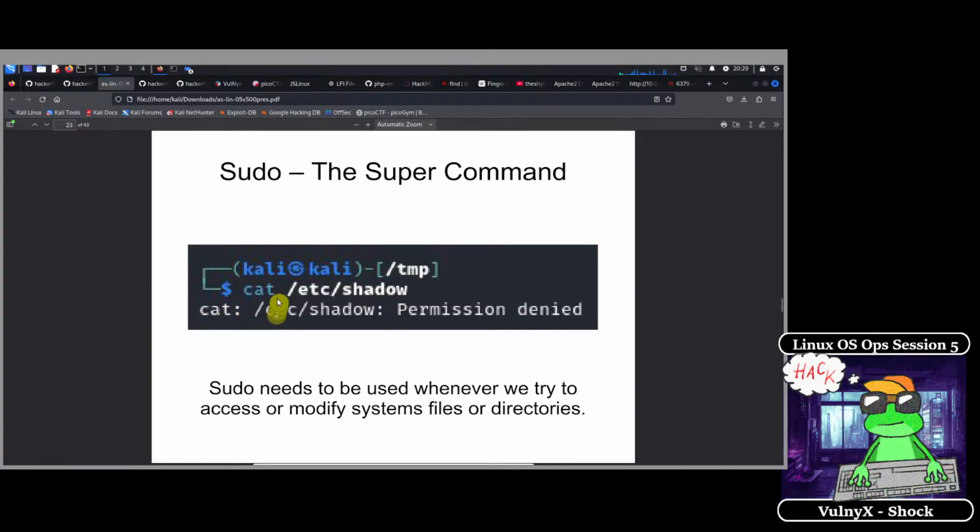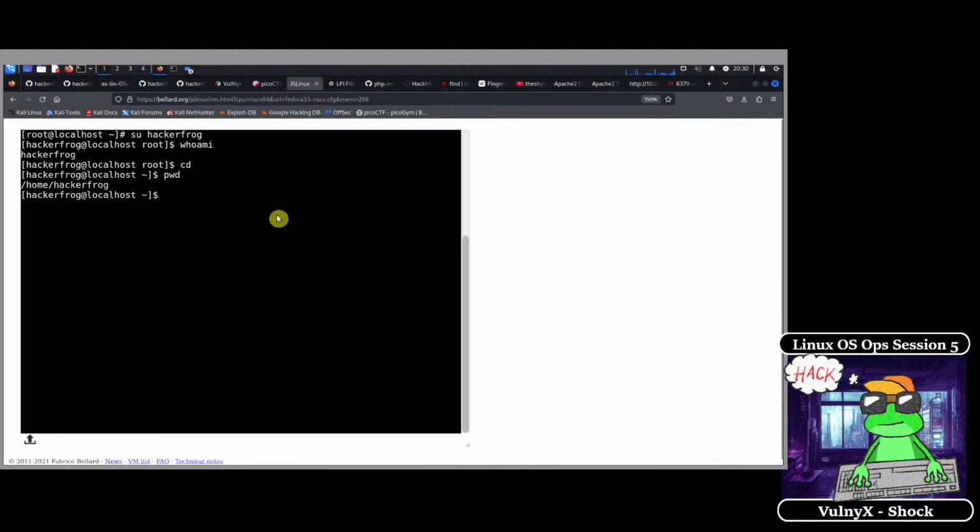So, for example, in this case, we're trying to read the shadow file where all the password hashes for the users are found, and it says permission denied because we don't have sufficient permissions to read this. So we can take a look over on JS Linux. So we're going to ls -la, and we're going to look at the shadow file. That's not how you spell shadow. And it says that it belongs to root,